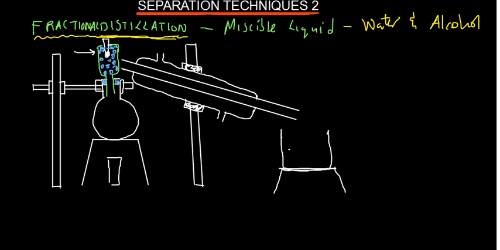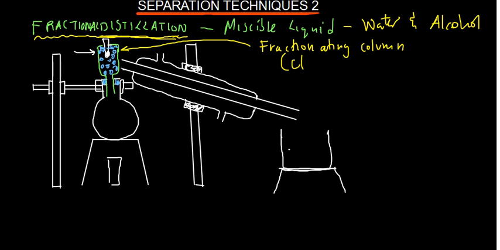So the difference between fractional distillation and simple distillation is that we have got glass beads. We also have this thing that we have put here. This thing you are able to see here is called the fractionating column. Fractionating column. How do I label it? Let me put this side like this. So we have got a fractionating column, and the fractionating column contains glass beads. Okay, so those things in blue which you are able to see, we call them glass beads,